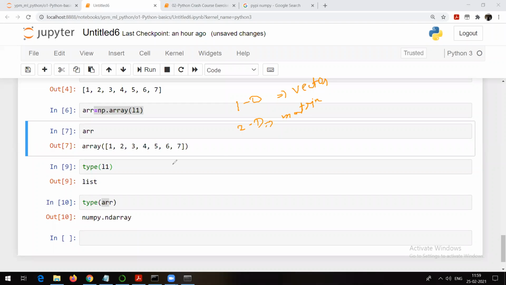Always remember, 1D arrays always start with one square bracket and end with one square bracket. 2D arrays start with two square brackets and end with two square brackets. 3D arrays have three square brackets at the start and three at the end, and so on.